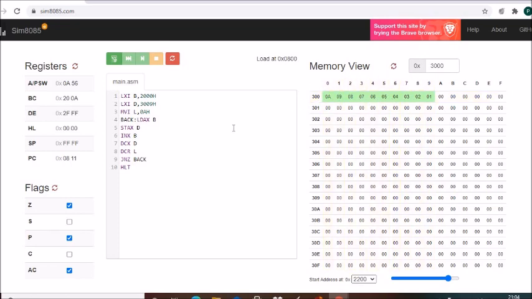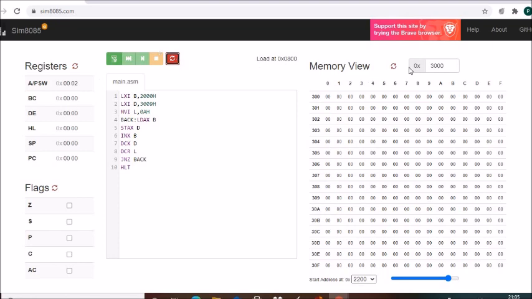So our program is executed, right? I've shown you how the registers are changing. When you do it by yourself, you can see step by step how the register data is changing. So this was our fourth program. Now let's do our last program. What was our last program?